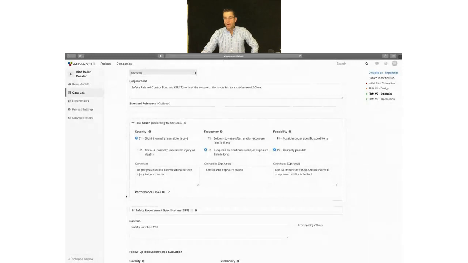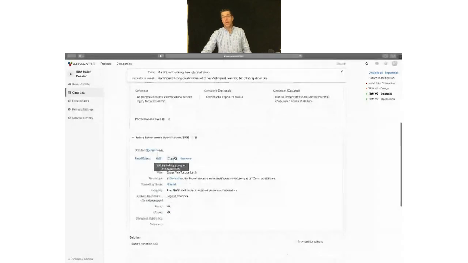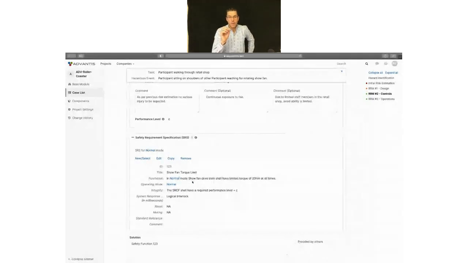So also automatically generated are the safety requirement specification. So Advantis requires you to have an SRS worded out, and this is automatically here, all linked. The performance level is linked, the operating mode is linked. All you need to word out here is what exactly does that mean? So now we're specific, because this is the requirements that will go to the design engineer at the red bubble